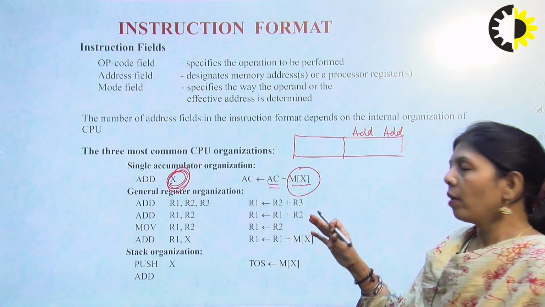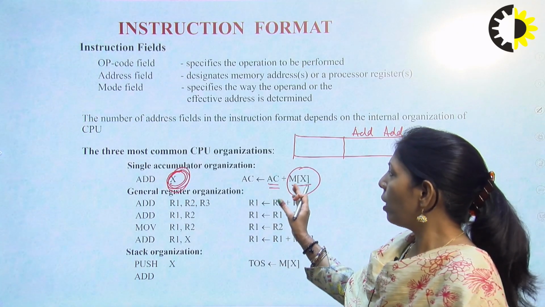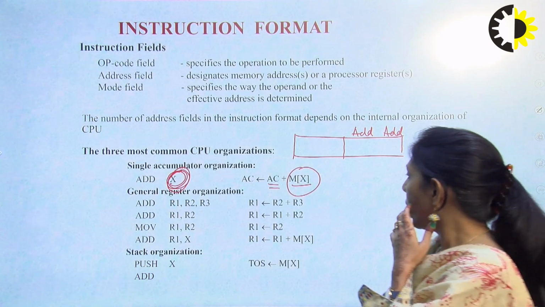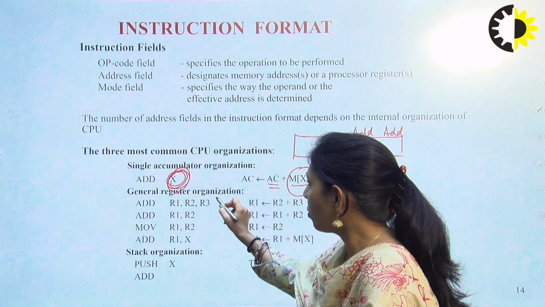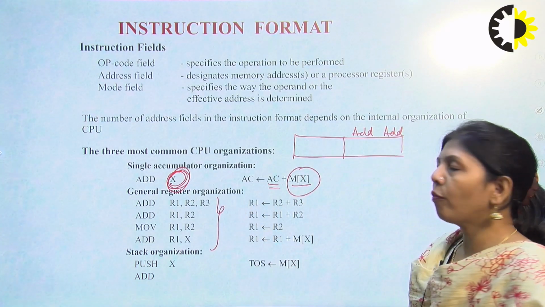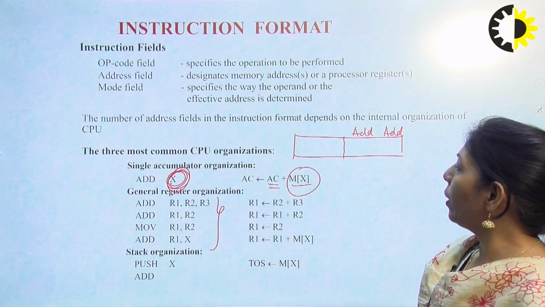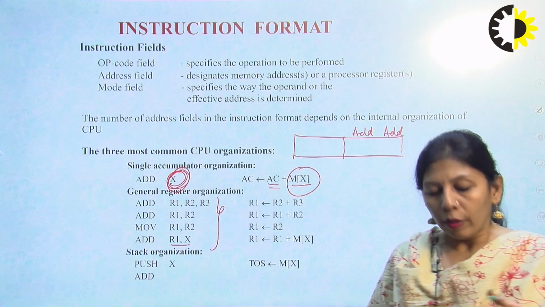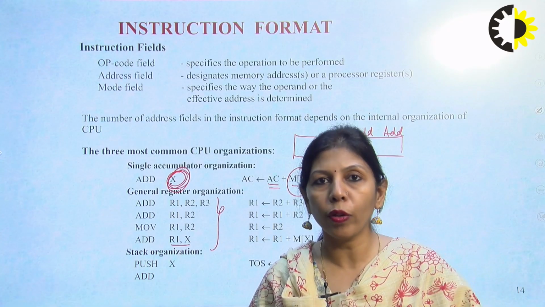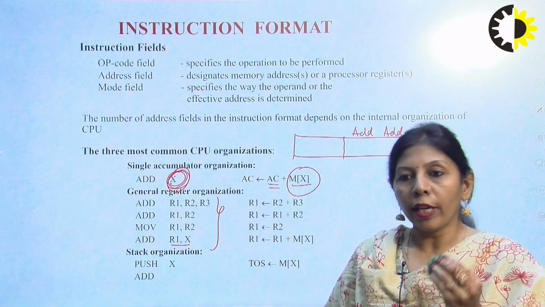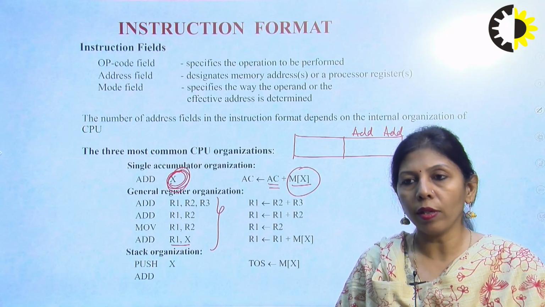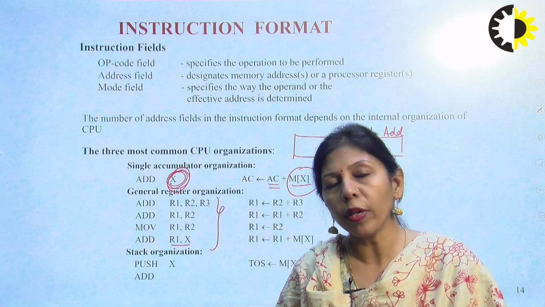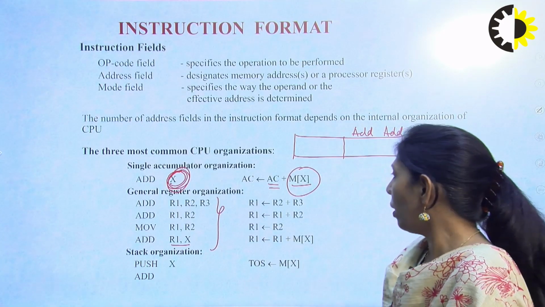So, we can further, at the end of the instruction, save that particular data in the memory, but beforehand only the accumulator is being used. In the general register organization, we have the flexibility to use multiple registers. We can use either a single register, as in the RISC processor that we know, or multiple registers. Besides using multiple registers, we use the one register organization because we reuse the same register again and again. It saves the cost also.